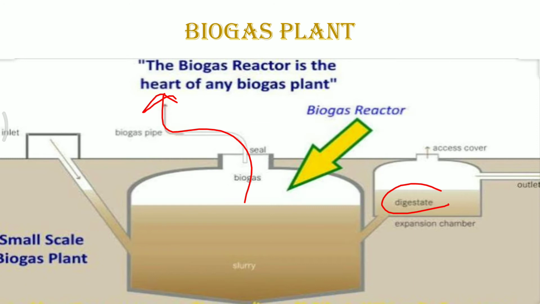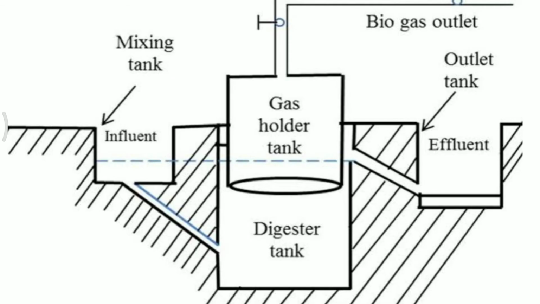It is a very small setup and it can be done very easily in order to benefit the people in villages. The same diagram is made once again. Here, the influent pipe is the place from where the mix, which is also known as a mixing tank, because the agricultural waste is mixed with the cow dung and then it is allowed to pass through and come into the digester tank. As the name is digester tank, the entire fermentation process takes place here, and when the level of the gas, which is methane gas, rises, this gas tank holder